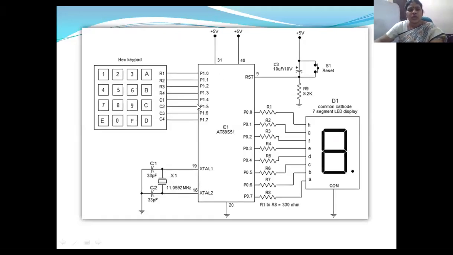Now see, this is how it will be connected. You can see here the hexa keypad. Here you are connecting R1, R2, R3 to your 8051. This is your total diagram. And how you will display: you connect a 7-segment display here. For connecting your 7-segment display, we are taking port 0, and port 1 we are taking for the keypad. This is your total structure of interfacing the keyboard.